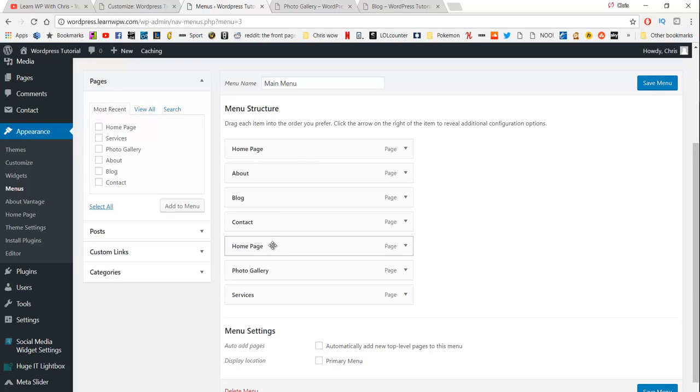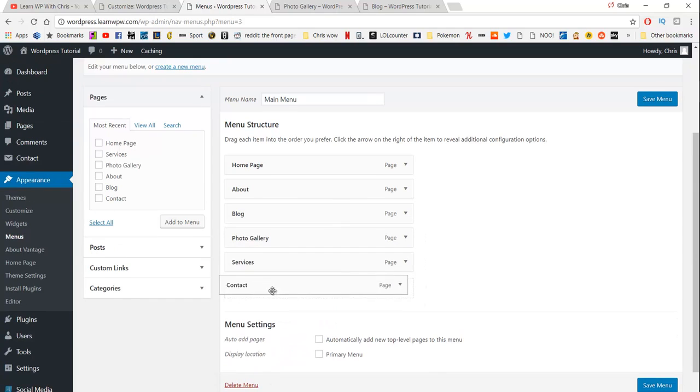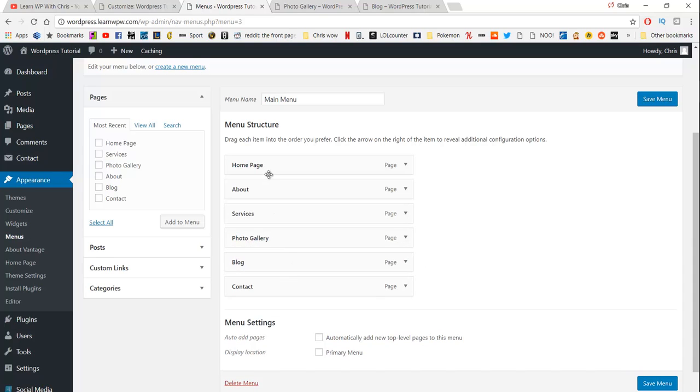So we would like to get rid of that, so we just throw that out, remove, and I would like my contact page to be at the bottom, my photo gallery just above it, well actually a blog just above it, photo gallery, services, about, home page. That's exactly the order I want it to be in. And I also want this to be my primary menu, and here where it says automatically add new top level pages, that means if you add a new page, it will automatically be added to that menu. I just like to keep mine unchecked for the time being. So if I hit save menu,